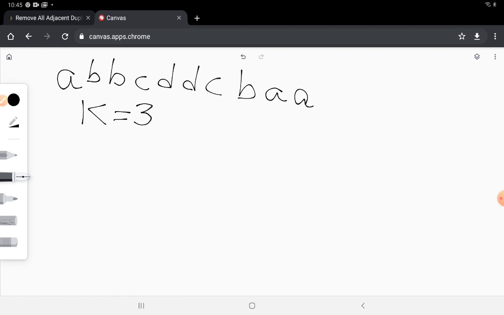So what we can do is, let's take k equal to 2. That would be better for this kind of input.